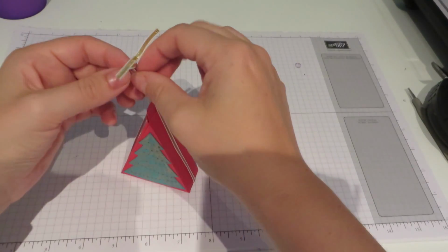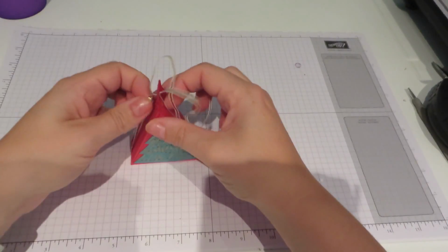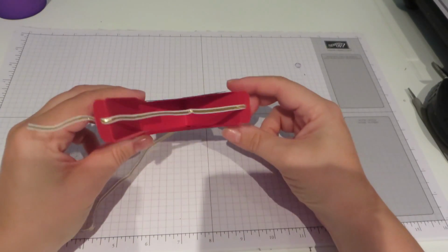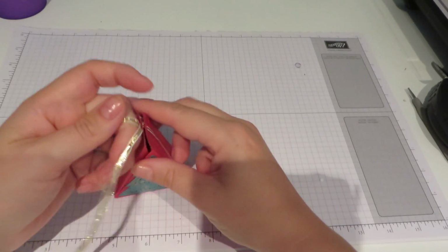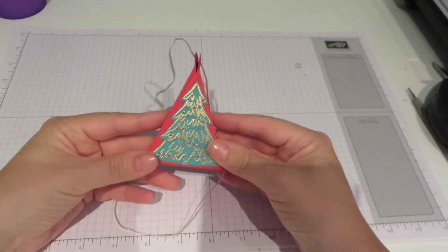And you can undo this little knot here. Okay, undo the ribbon. And it just opens like that. So there's quite a good size there where you can pop in lots of chocolate treats or whatever you want to give as Christmas presents. So I am going to put this to one side and we will start the video on how to make